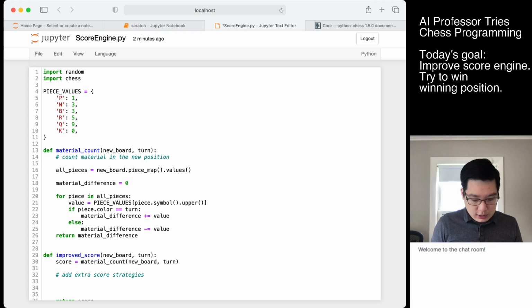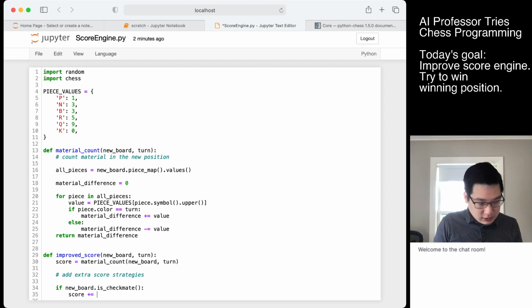So let's say if new board is checkmate, score, we're just going to add like a huge number to this, and this would be on the next turn, so it has to be the player that's making the move right now delivering checkmate, so it should be a positive score. So I'll just add,